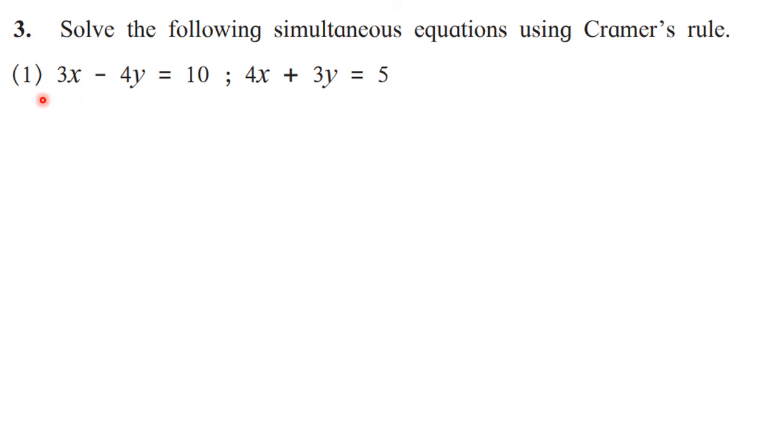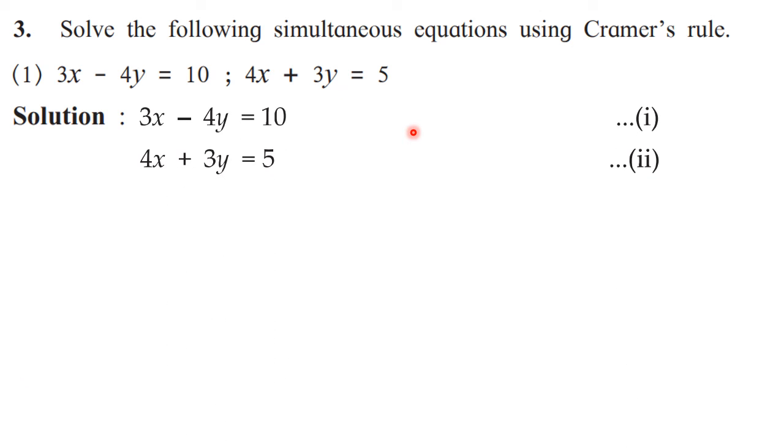As I have said, you have to observe whether they are in standard form. Yes, they are in standard form. So immediately number them as 1 and 2. This is our very first step: see whether the equations are in standard form and then number them. If they are not in standard form, you need to convert them into standard form. Now after this, the main part is to write down the values of D.